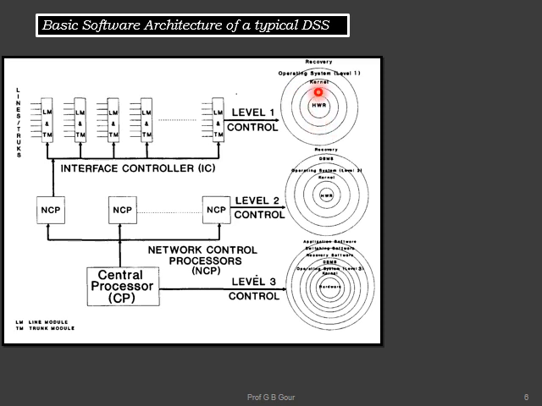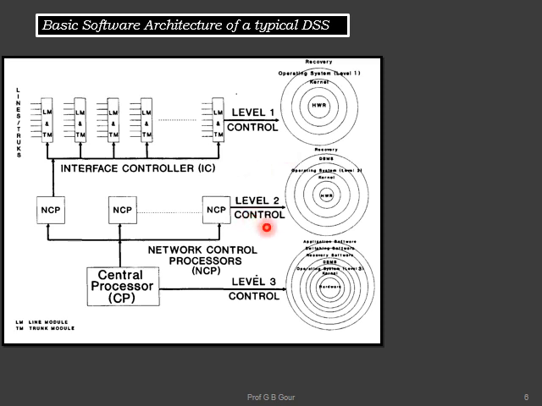It is also called recovery here. If one of the line modules or trunk modules is halted, some other line or trunk modules will be used in its place. These are the things controlled at level 1. To summarize: functions of line modules and trunk modules are controlled, and functions of ICs are controlled. Remember the functions of LMs, TMs and ICs that I just explained. If you want, you can rewind, listen once again and summarize for your answers.